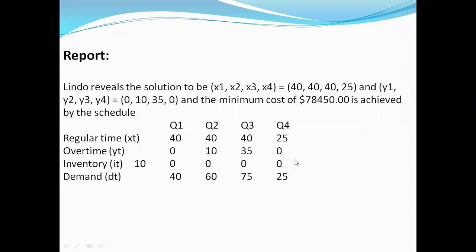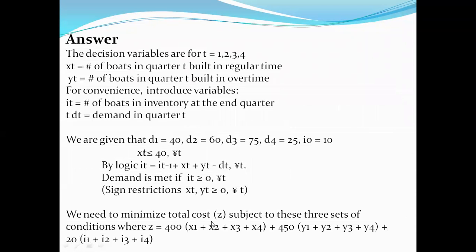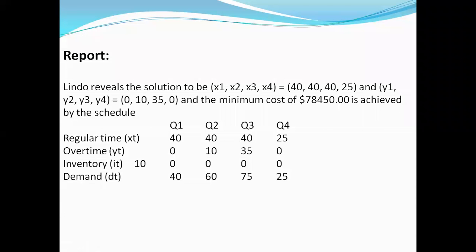There is no inventory considered in any quarter, because it is 40 in the regular time for quarter 2, 40 in quarter 3, and 25 in quarter 4. But the demand is 40, 60, 75, 25. So these are the regular time values obtained by substituting values in this formulation, the Z total cost minimization formulation. So our demand is 40, 60, 75, 25. The regular time